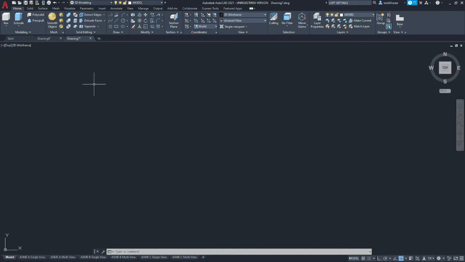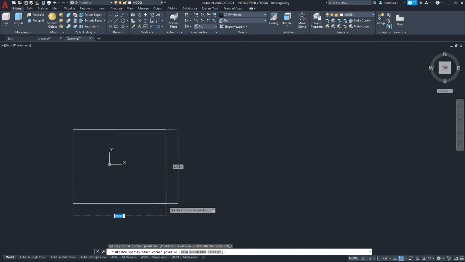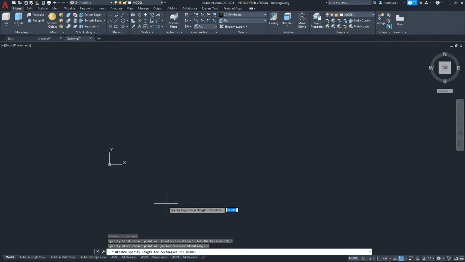Okay, so again, empty model space. We're starting over with a new file. You want world coordinate system, and we want to start out in top. The first thing we're going to do is draw our square. We're going to use the rectangle command, and I'm going to pick a corner somewhat arbitrary and drag to the right. Then I'm going to type in dimensions, and we want to make this square 8 inches by 8 inches.